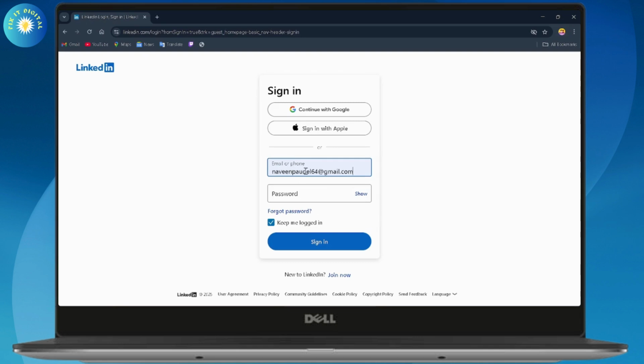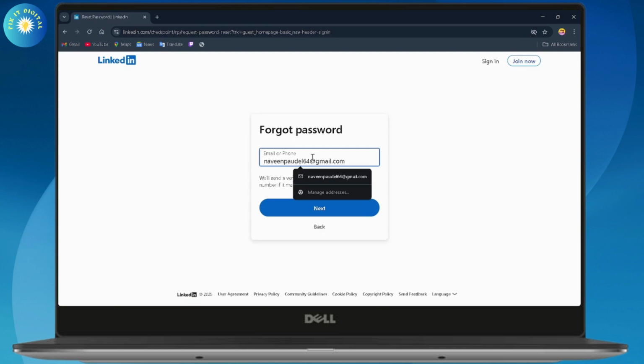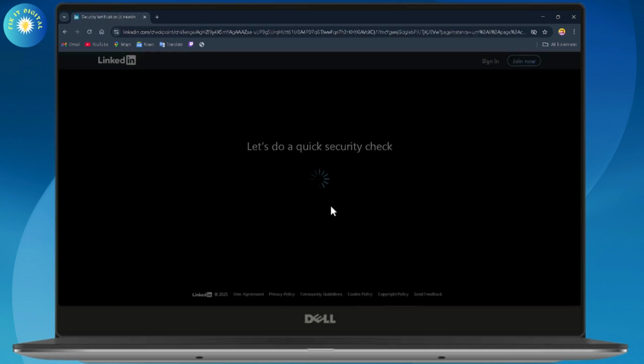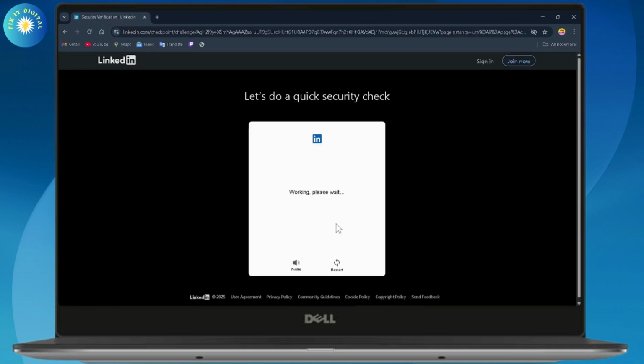But if you don't remember your password, if you've forgotten your password and if you want to reset it, then you just need to simply go with forgot password, which is right here. And now enter your email or your phone number and then go with next. Wait for a few seconds, go with start puzzle, and once the verification has been completed, it will send you